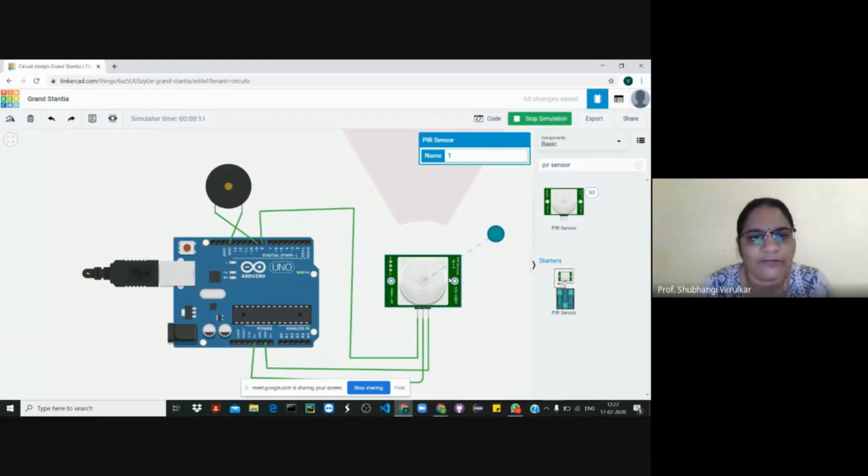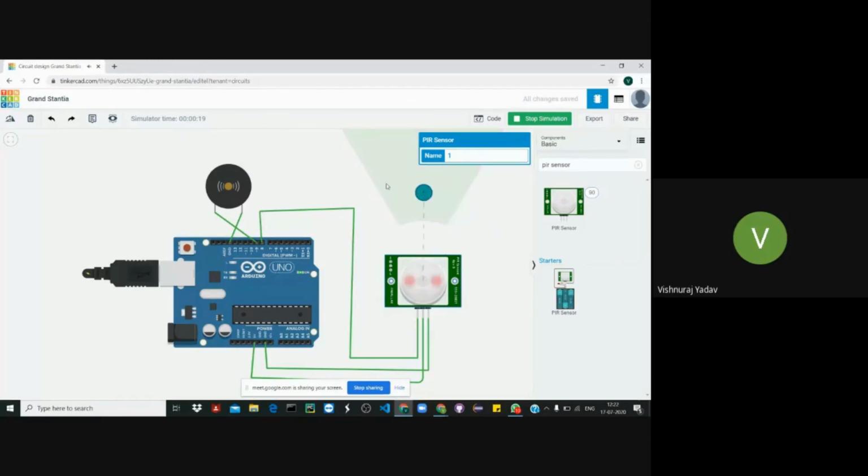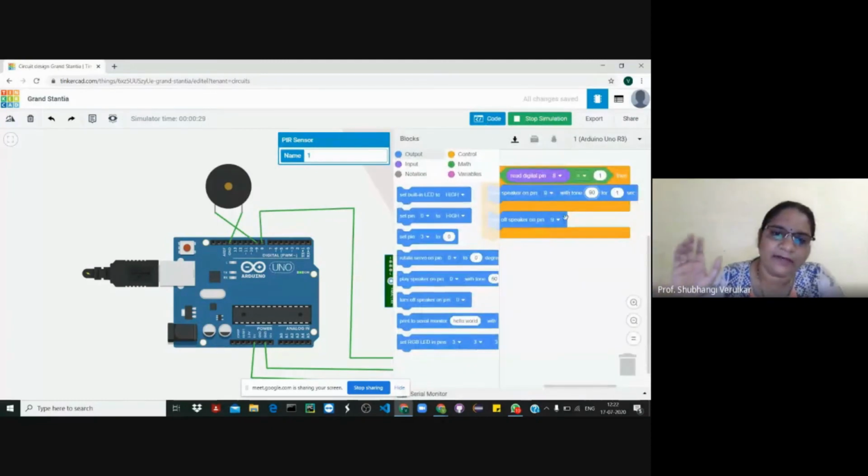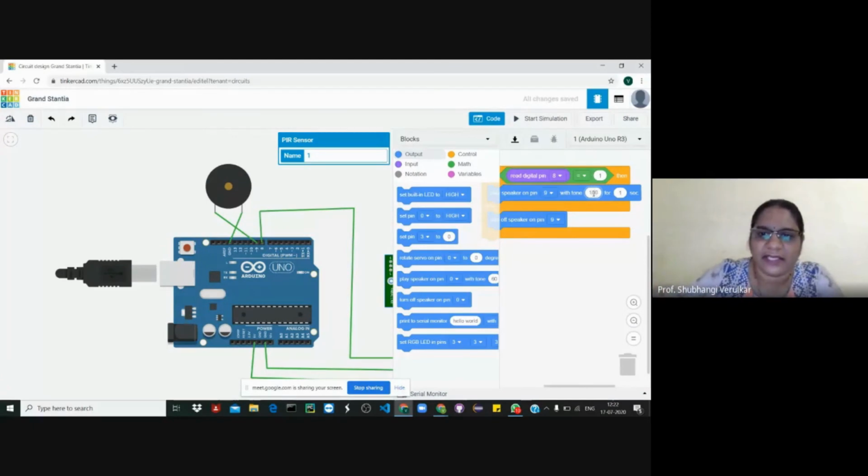Now you have moved out of coverage. Your bell has a coverage area, and you moved out of the coverage area. Outside the coverage area it will not work. Done. So once you move out of coverage, it will stop. When you are within coverage, only then will the bell ring. That means if you are standing in front of the door, only then will the bell ring. If you are standing at the main gate, nobody will be able to see you entering my home or somebody else. That's why the PIR sensor has a specific coverage.